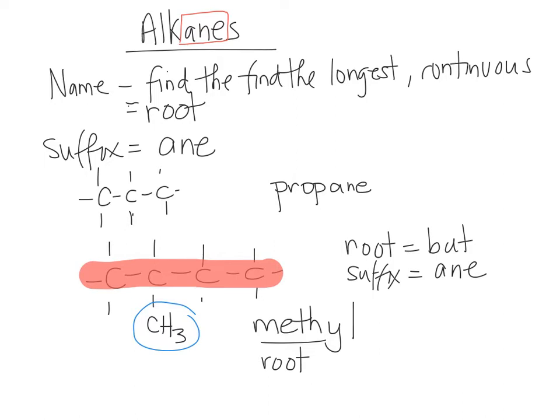So if I start counting my longest carbon chain, start here, 1, 2, 3, 4. If I went the other way, it would be 1, 2, 3, 4. Now it does matter which end you start numbering from. When you name a compound, you've got to have the lowest number combination possible. So if you look at these 2 numbers, 2 and 3, 2 is lower, so this structure would be called